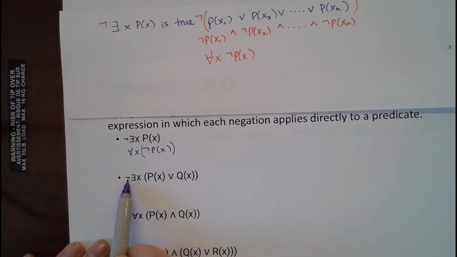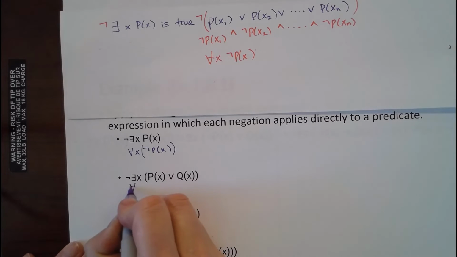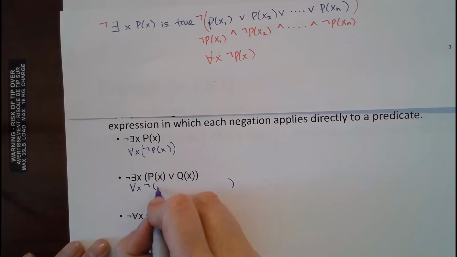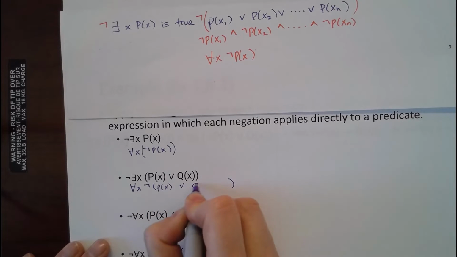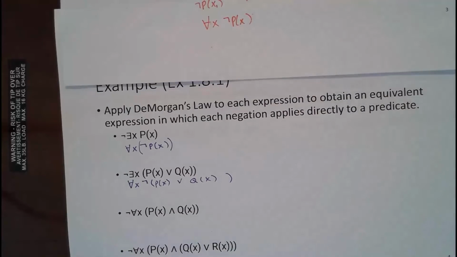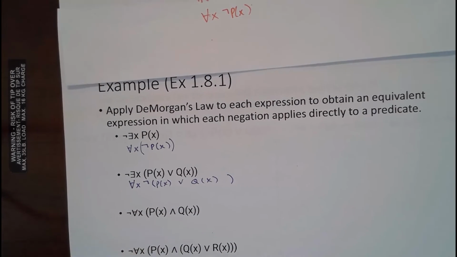Okay, with this one we're going to do this one step at a time. We're going to move the negation across there, and when we move it across, this one's going to change. So this is going to turn into for all x, and the not is going to come in front of that whole thing. Now the directions were, and you have something like this in your homework, so this will help you out with that. Oh, this is rolling away. Okay. I won't lean on it too hard.